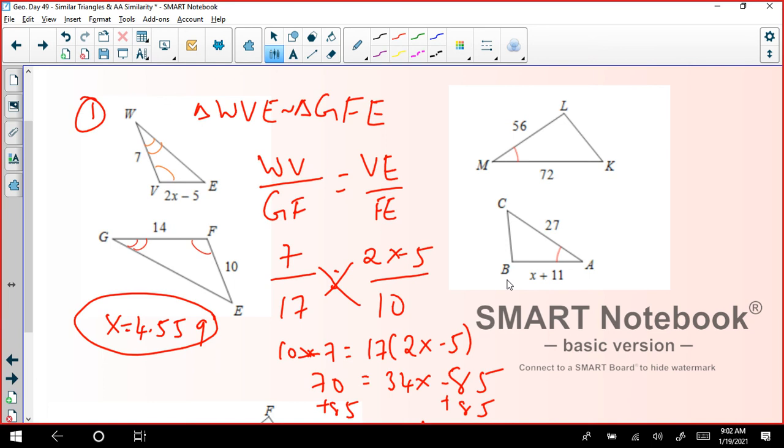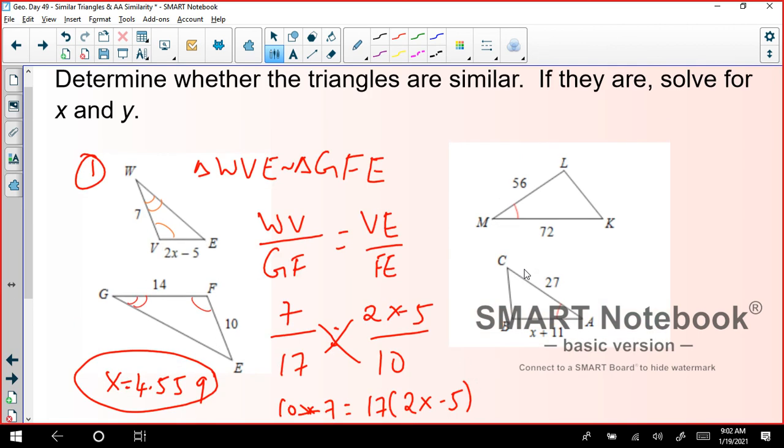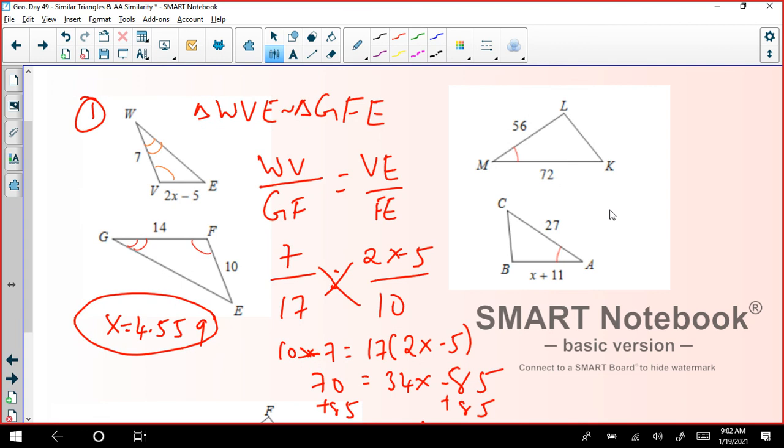This one, we already have this angle congruent to this particular angle. We are not sure whether these two angles are congruent. If we have one angle and one side beside it proportional, that we can have, it depends. We can't say for 100% whether it's similar or no. We cannot say they are similar because we don't know the value of x plus 11, so we cannot even compare if the sides are proportional. So we just have one angle that is congruent. Based on that, we cannot solve.